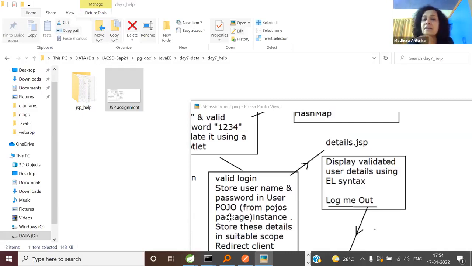So I got the answer, scriptlet. Anyone has a different opinion? Now don't blindly take any options. Okay, let me help you. It's a wrong answer. If you do it in a scriptlet, how many times does the code in the scriptlet get called? Exactly once or once per every request? Tell me. Once per request. So do you seriously want to create a map every time and populate it with some hard-coded users? Or do you want to do it exactly once? So you got your mistake.